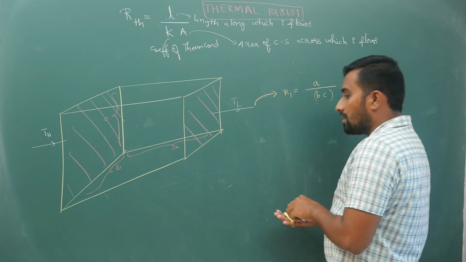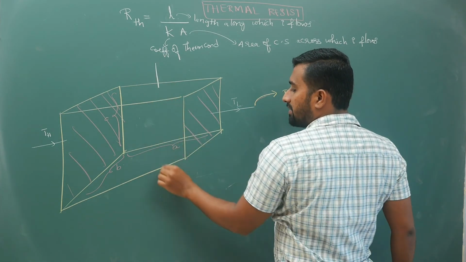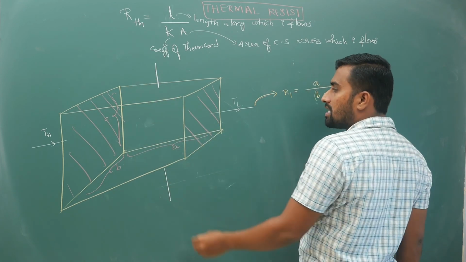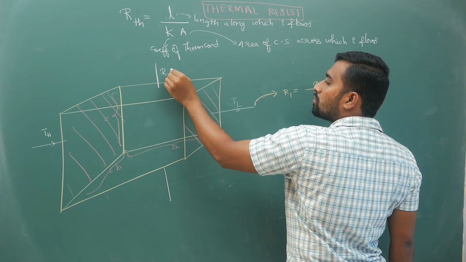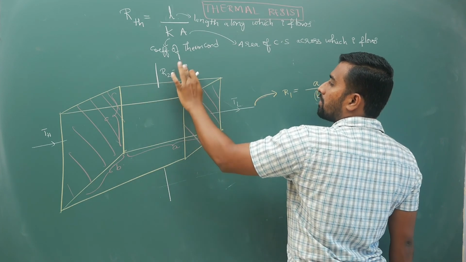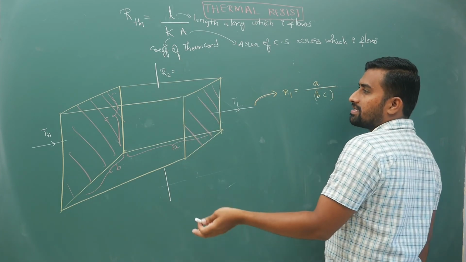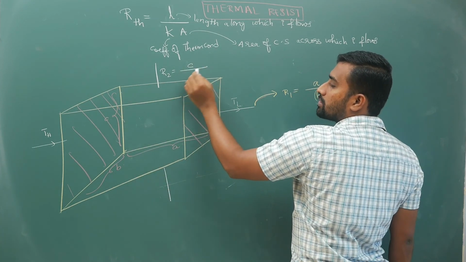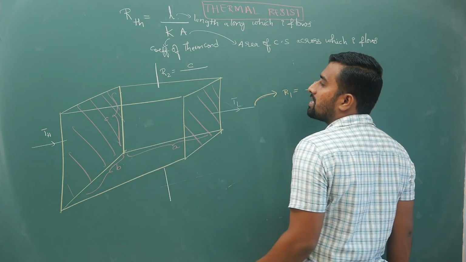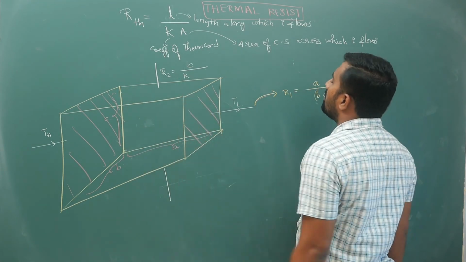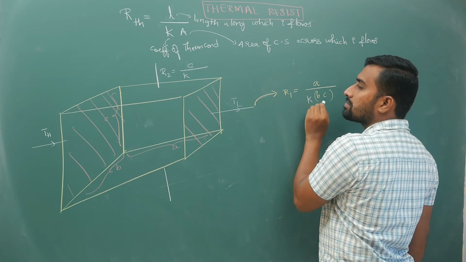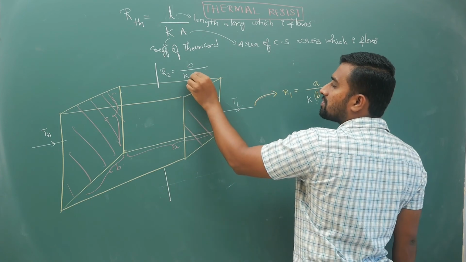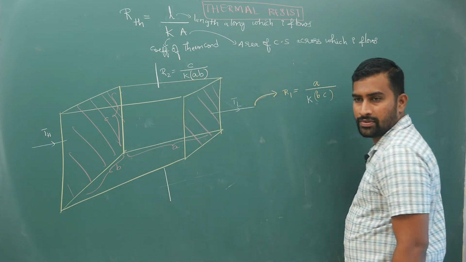Now similarly, if you are connecting the ends between top face and bottom face, your heat energy is flowing across the length of C. So your R2, sorry, you cannot write resistivity here, this is thermal resistance, length by K into A, length by conductivity. So your heat is flowing along a length of C, your conductivity is K times the area of cross section, which for this entity is AB.